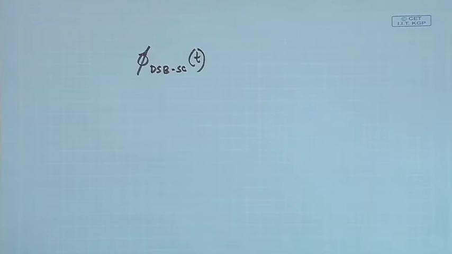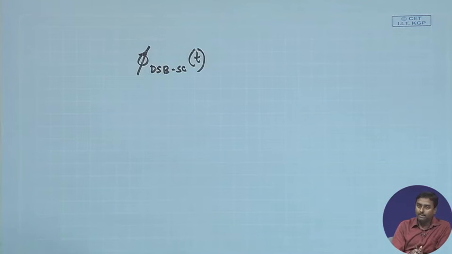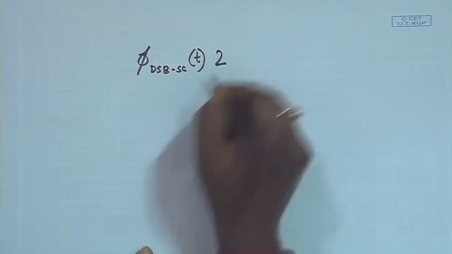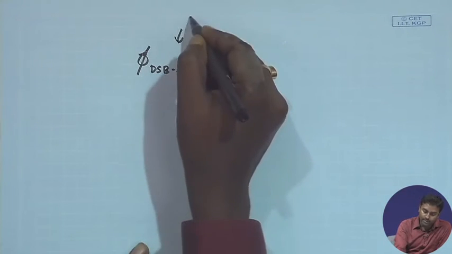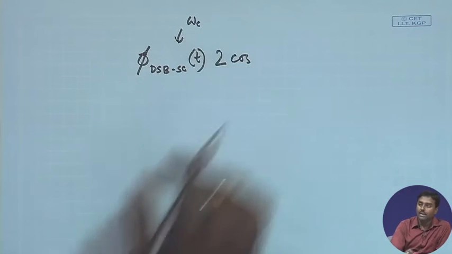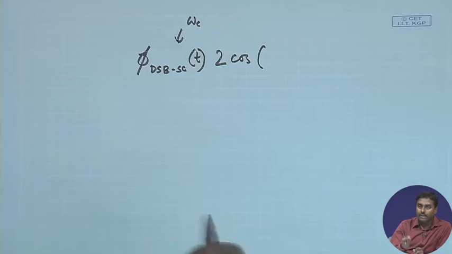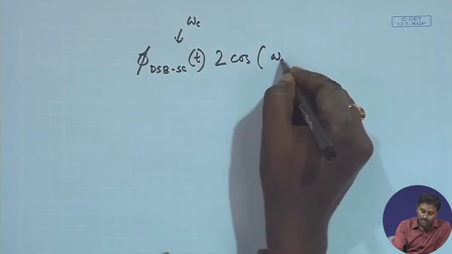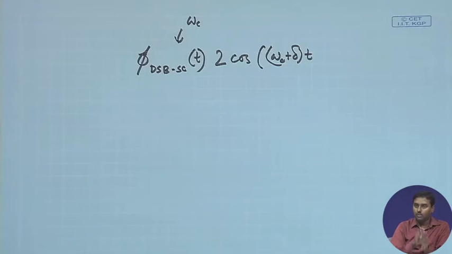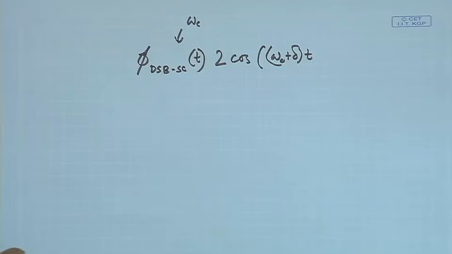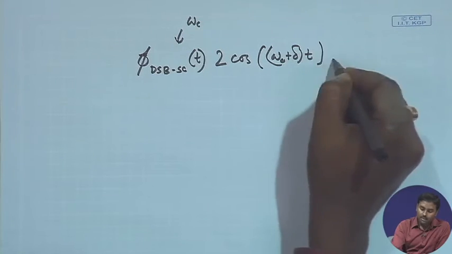Now what we will be doing is demodulating it. While demodulating I will again multiply by the local carrier. Let us say this is modulated with omega c, but this local carrier has a frequency drift, so I could not track that frequency. So I get a delta drift in the frequency. Let us say omega c is the targeted frequency, but I get omega c plus delta or minus delta, whichever way you take, and there is no phase shift.